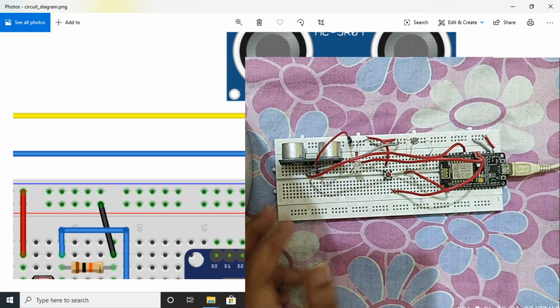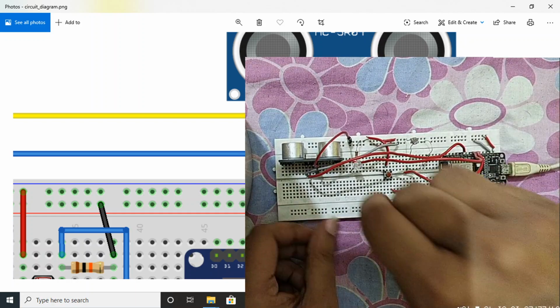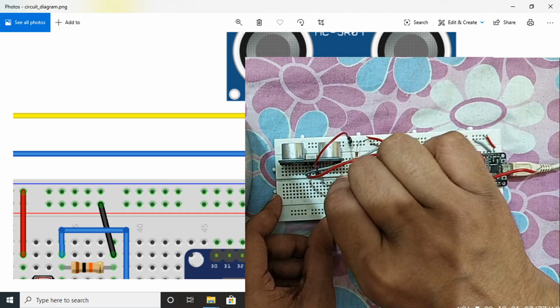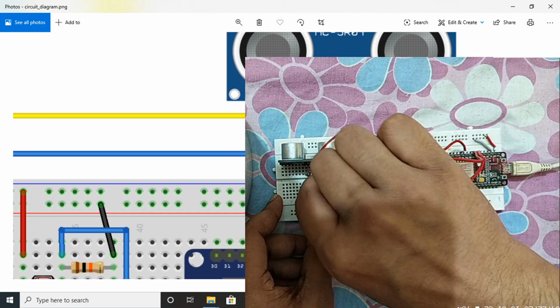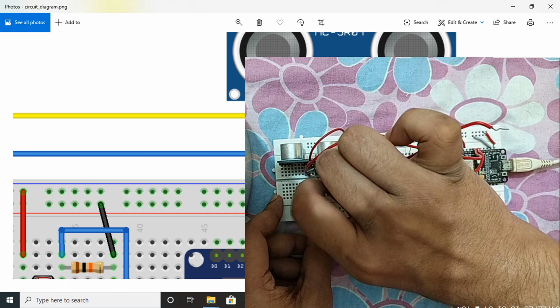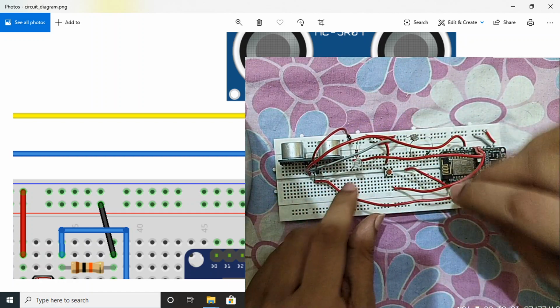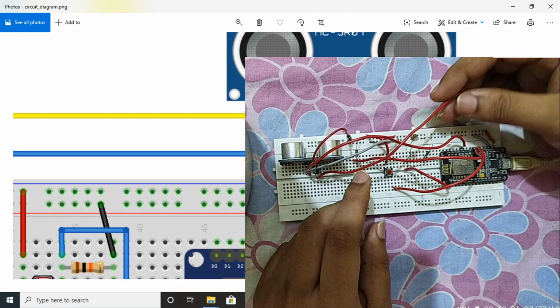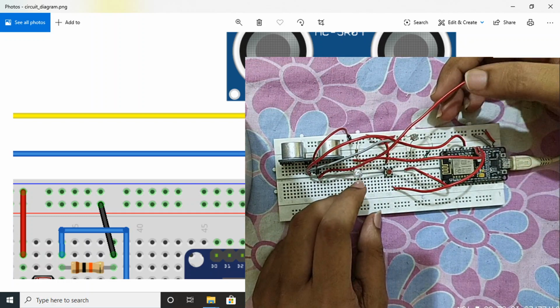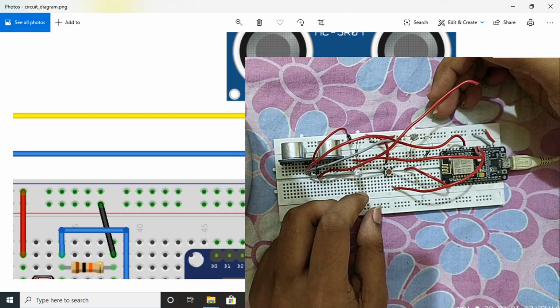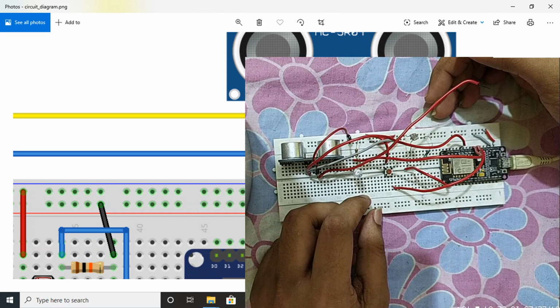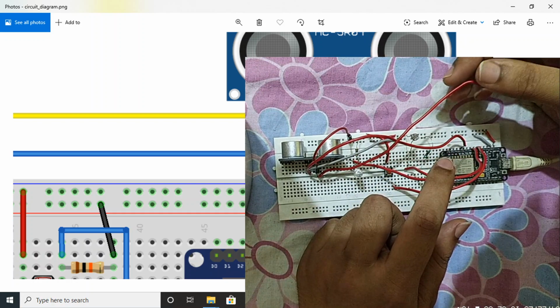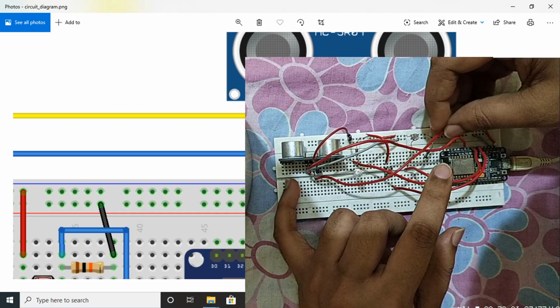And the trigger pin. This one is trigger, connected to D3 I think, yeah. It's sky blue in color in the wiring diagram in our Fritzing sketch.